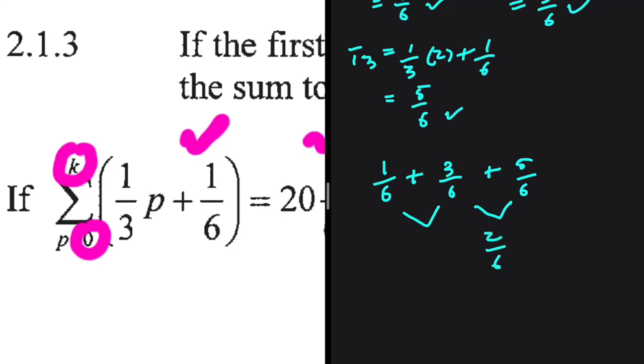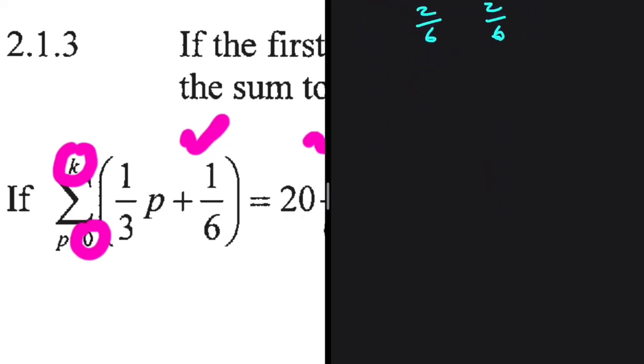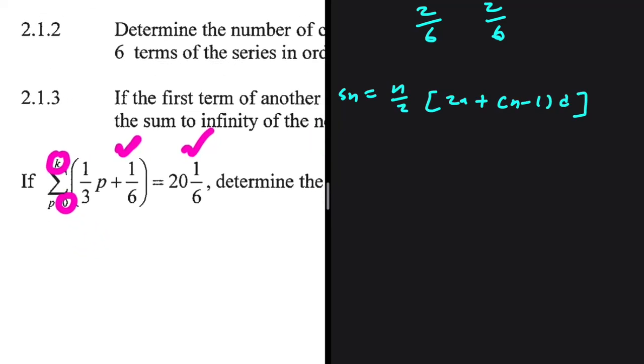3 divided by 6 minus 1 divided by 6 is 2 divided by 6. So we have a common difference. It means that it is arithmetic. The equation we can use to find the sum, we say that Sn is equal to n divided by 2 multiplied by 2a plus n minus 1 multiplied by the common difference. What is the sum? The sum is given by